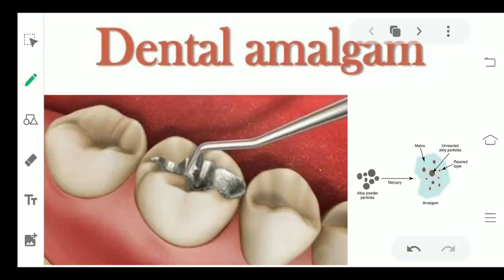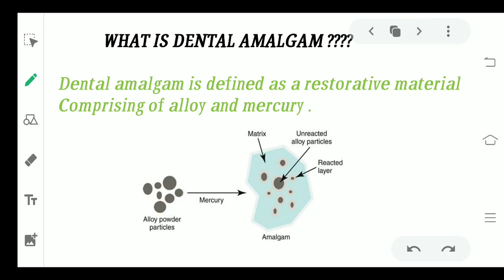Today we'll be starting with part 1 of dental amalgam. As this is a little long chapter, we'll be studying this in two parts. So in part 1 we'll be talking about each and every element, their function and the different types of dental amalgam. Before I proceed further, let me tell you what amalgam is. It is a very important chapter with respect to your dental materials subject, and you can definitely get this one as a long question. Now moving to the terminology, what do you mean by dental amalgam?